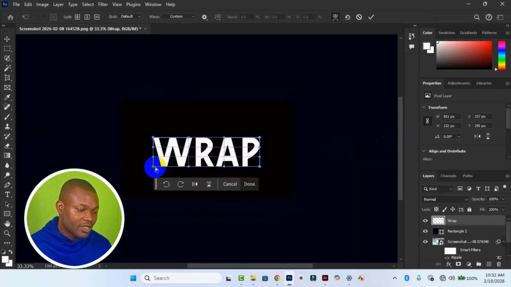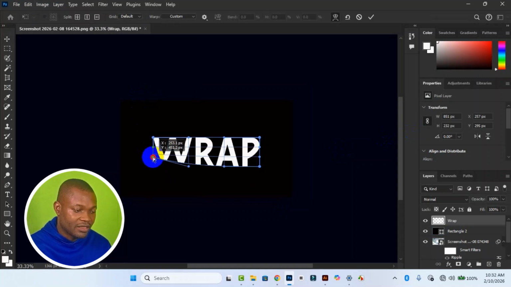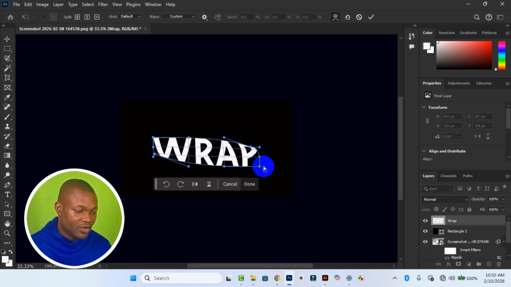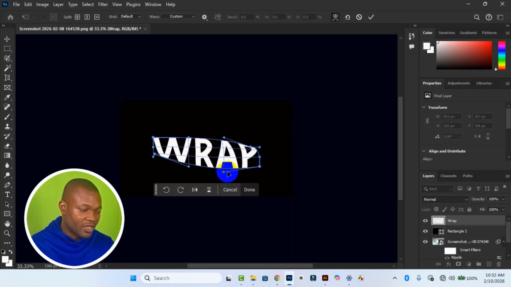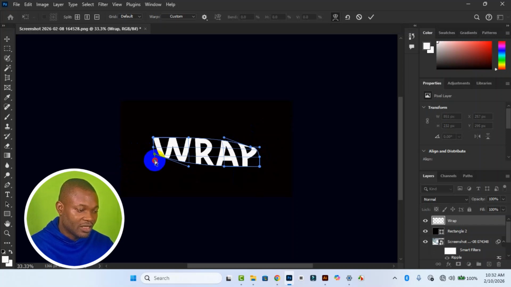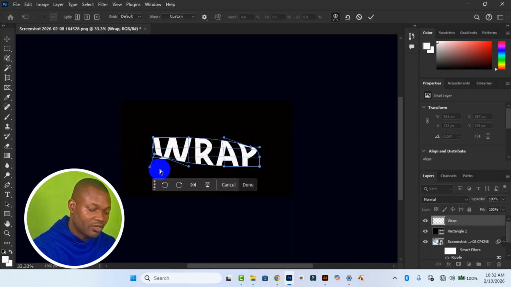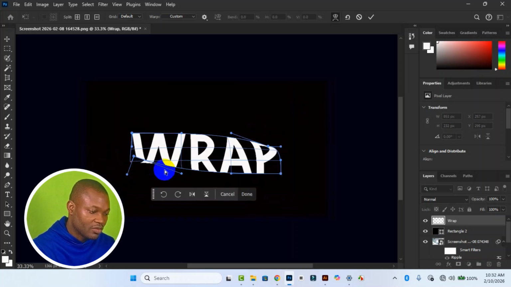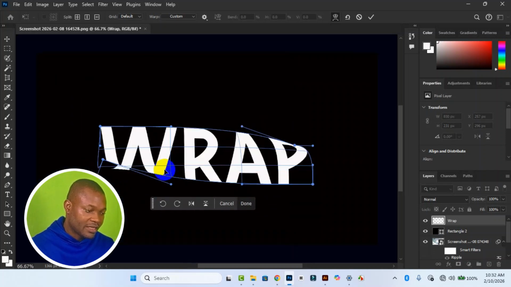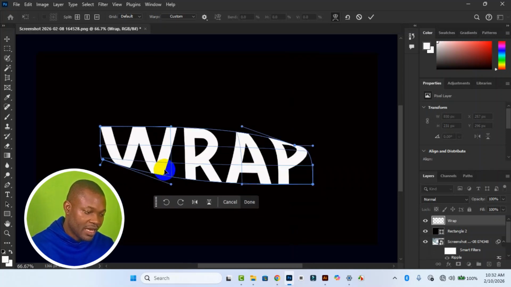So from different angles, you can twist the text right here. Everything depends on what exactly you really want to achieve right here. If you are not comfortable with some stuff, you can just press Ctrl Z and it will turn back. So we can press Ctrl plus to zoom, then X to come back. Then we can easily